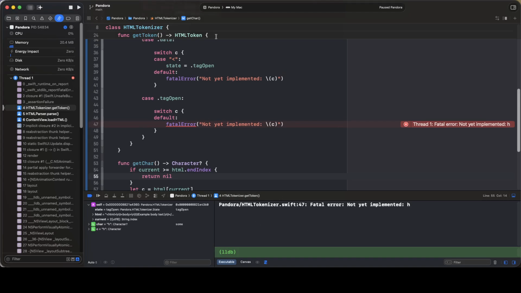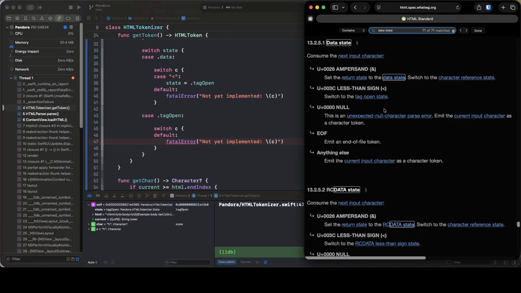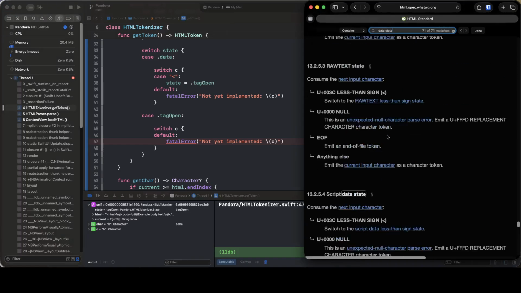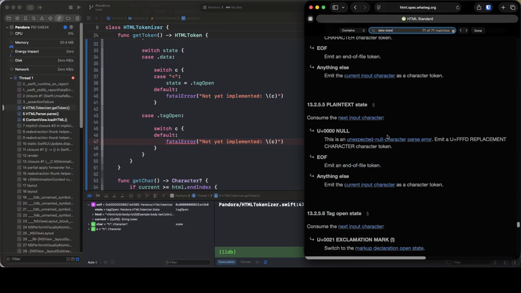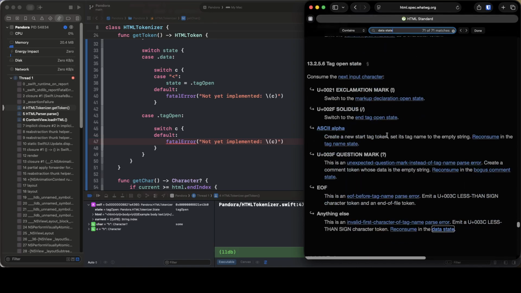So we've gone through the data state, we've picked up the less than sign. That sent us to the tag open state. The tag open state has just given us an error message saying, well, I've got an H now, so what do I want to do? So let's look at the spec. So the tag open state,